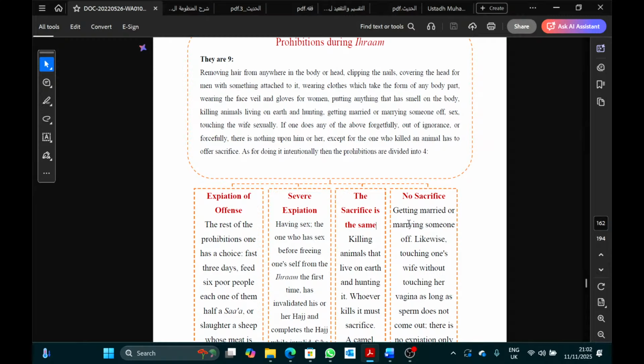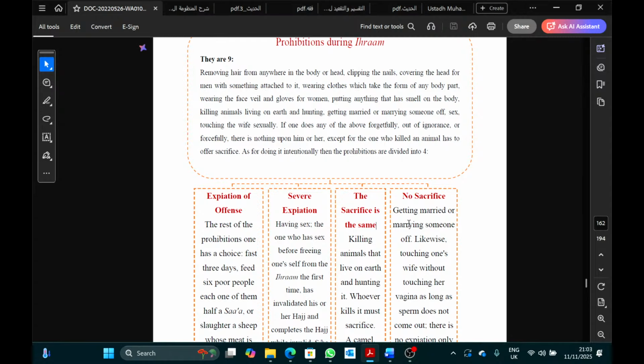If you miss out an obligation, then it's a sacrifice. I told you that some students, because obviously you have to have permission to go in to do Hajj, climb over mountains and whatnot, wearing normal clothes. The police ask them, what are you doing? I'm not doing Hajj. Then once they get in, they wear the ihram. But they passed the miqat without the clothing. That's an obligation. That person has to do a sacrifice. That's known as a dam. This is known as fidya.